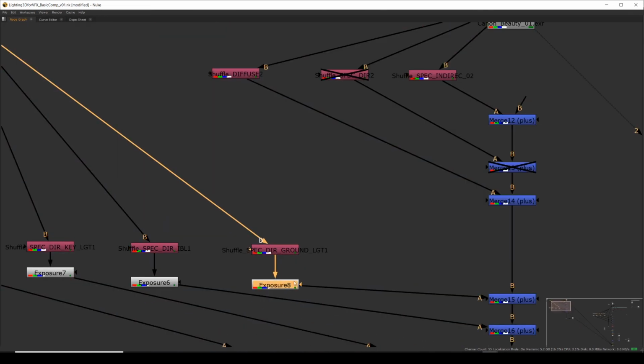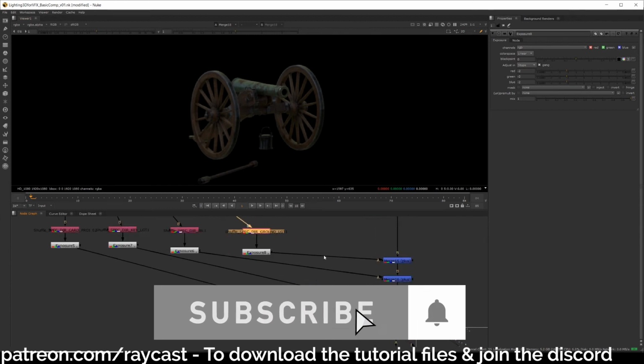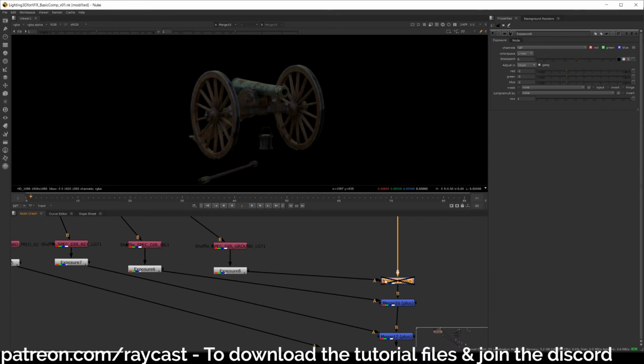So now that means if I double click on one of these exposure nodes, you'll notice the adjust in is changed to stops. And what I could do is I could do -2, and you see that's brought back our ground direct specular reflections. And if I disable this node, you'll see what it looks like without. So if there's one particular light you don't actually like, you could rebuild like this and then just disable it, or just not even shuffle it out, so delete all of that. But in this instance, I think this ground light is too bright,